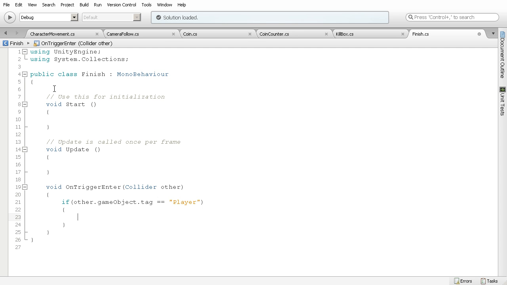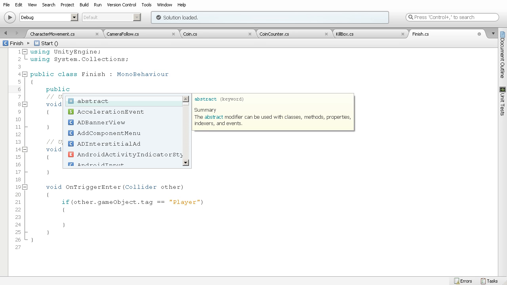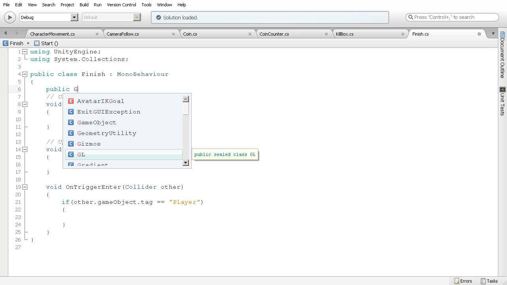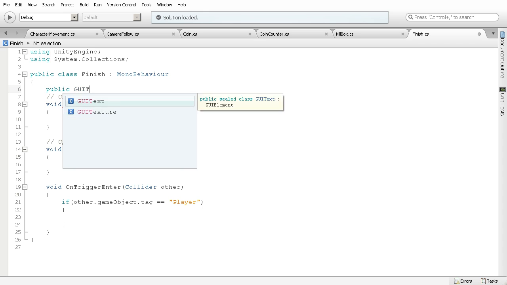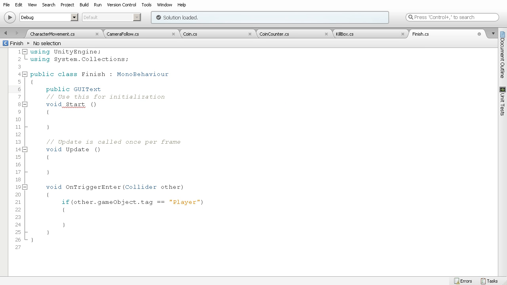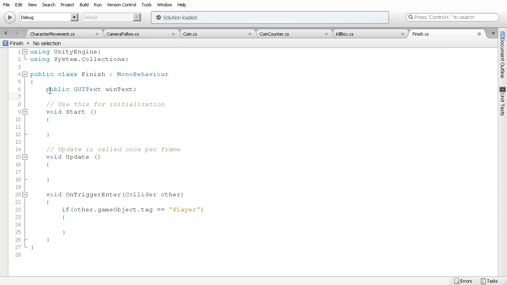So we need to create a new variable. Up here at the top, we'll say public, and we need the type of GUI text, and then we're going to give it its variable name. In this case, we're going to do winText, but with a lowercase w. And we'll assign that in the editor itself. So we've exposed that. Then at the start, I want to make sure that that GUI text is disabled. So let's do that. We're going to say winText